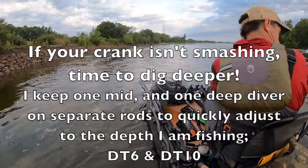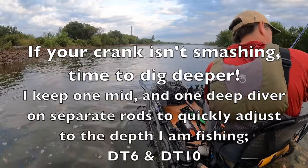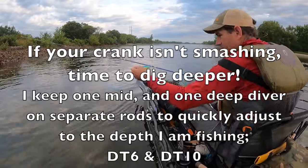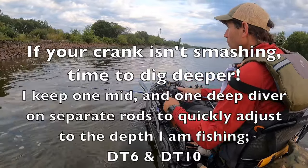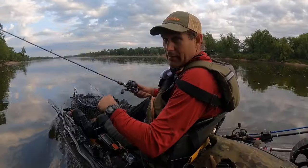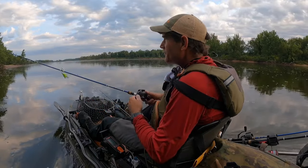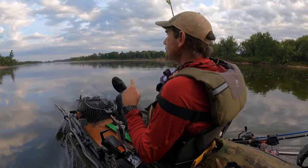So, reach back here, grab the other rod, and dig a little deeper. Now I'm digging. All right, nothing on the riprap. So I'm gonna. It's nice to find one or two good, reliable, hey, I can catch fish here near an access,